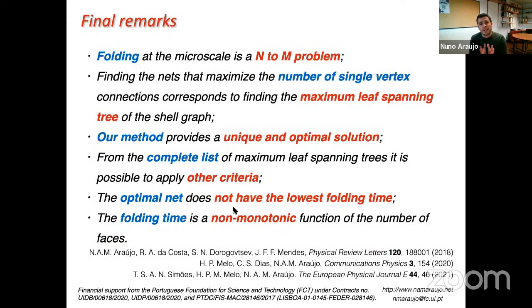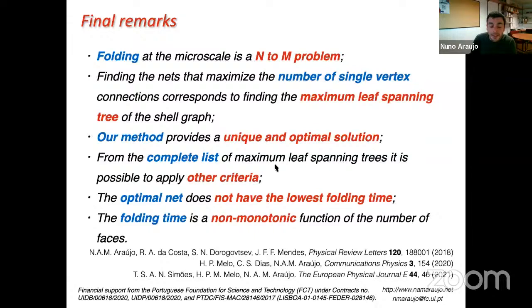So, okay, just to summarize, the main points of my talk are that first, folding is a really interesting N-to-M problem, where N is the number of nets and M is the total number of folded configurations. That finding the net that is optimal in terms of folding efficiency is equivalent to maximizing the number of single vertex connections, and this corresponds to the maximum leaf spanning trees of the shell graph. That this method provides a unique and optimal solution, together with a full catalog of all the nets that fulfill the criterion of the maximum number of single vertex connections, and therefore you can think about